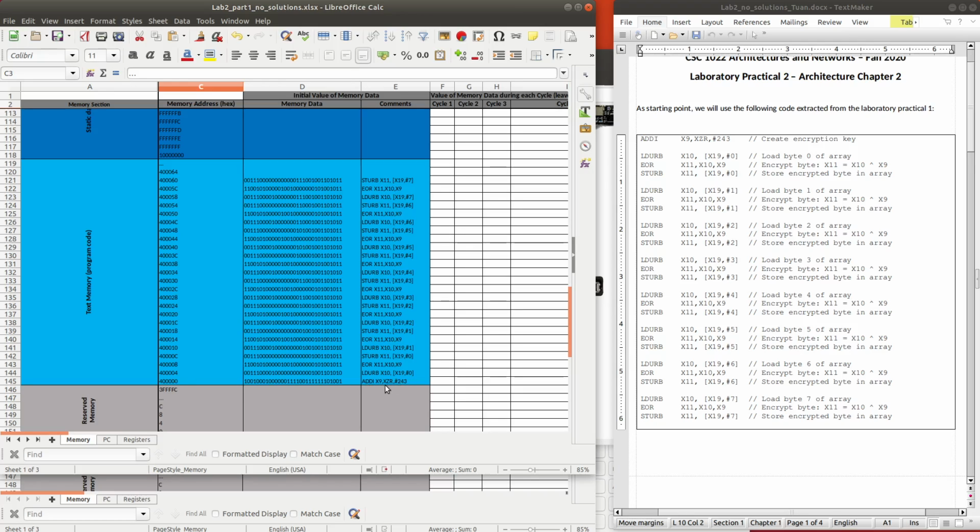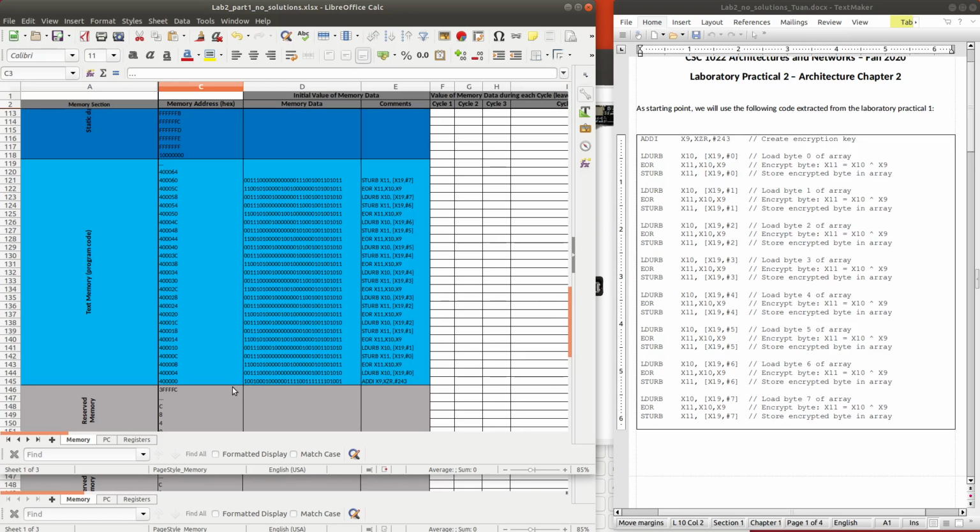Then we have the second instruction at the next memory address, LDURB X10 X19 #0, and then the third instruction located here.